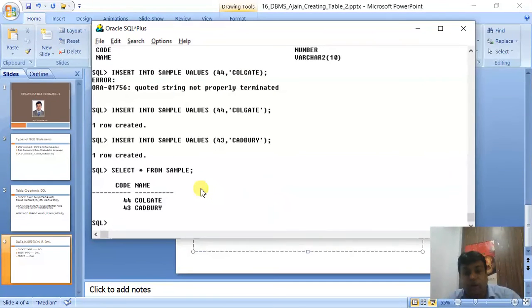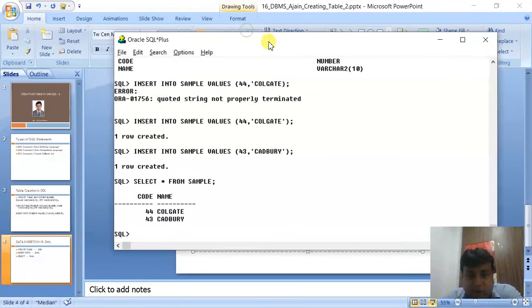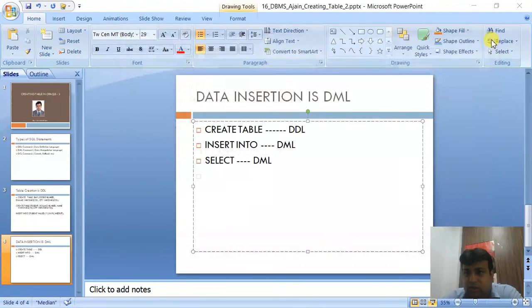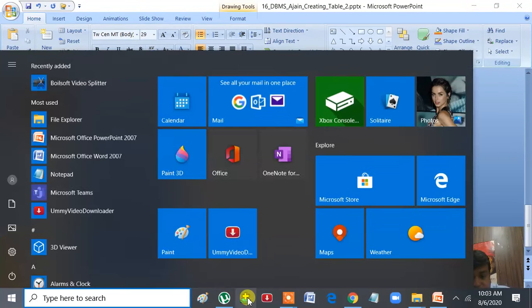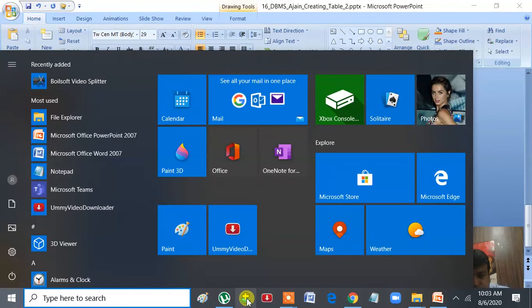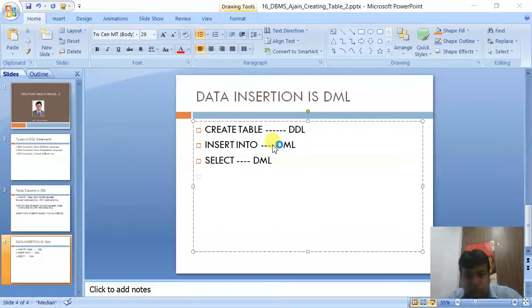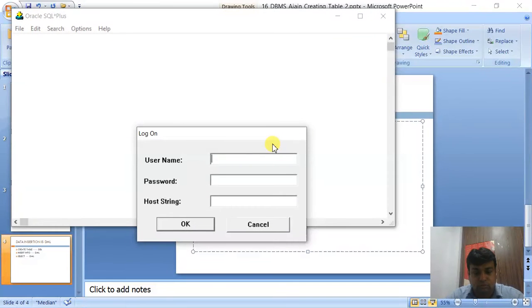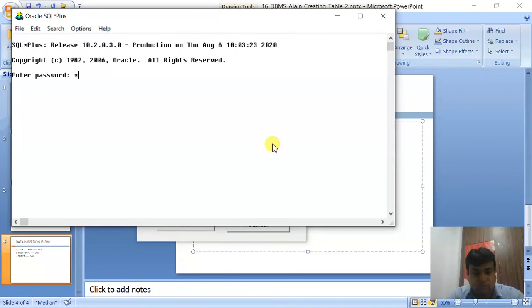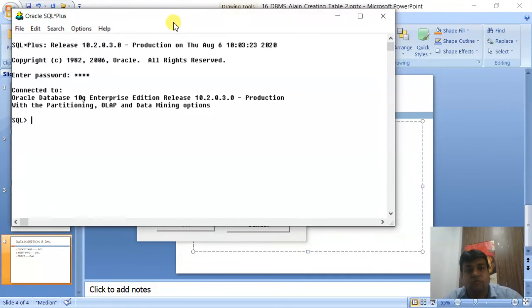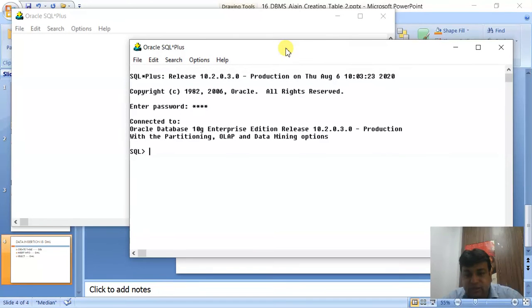Now one important thing to remember. Suppose by mistake I close this window by clicking close. The window is closed. Now if you try to log in again, will you be seeing the list of the tables?